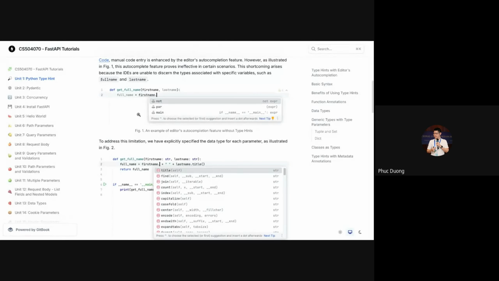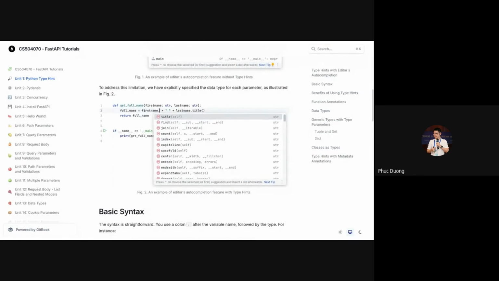On figure 1, you can see that because you don't explicitly define the type of the first name parameter, when you type first name dot, the editor cannot suggest any function that is compatible with the first name variable, because the editor doesn't know the type of the first name variable.